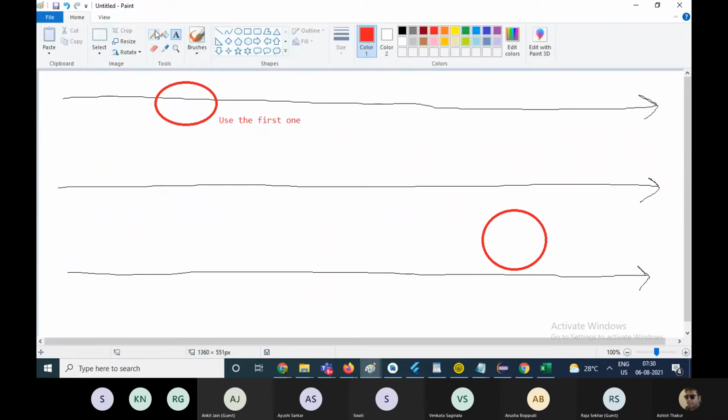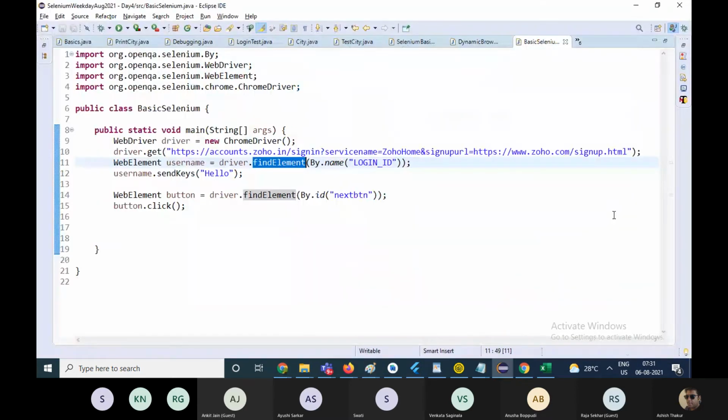What if you have to use the second one? I will tell you there are ways to do that in the coming classes. I'm going to tell you that. So basically driver.find element will find the first element it finds with the given criteria. Okay, it will use the first element.